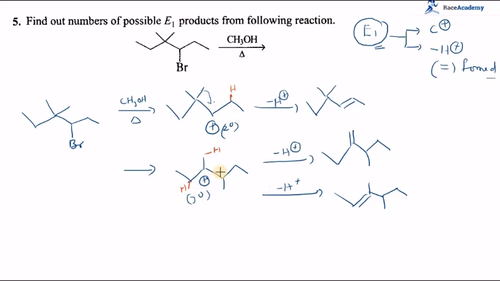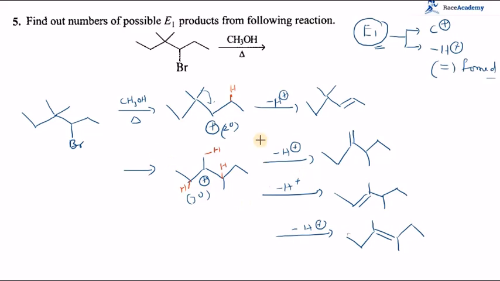The other possibility is this side. That means the double bond will come here. Here we have one more hydrogen. I will show the hydrogen, and here one more hydrogen is there. If that is removed, then we can also see another product, that is an alkene. So how will that alkene be? So see, here we will get a double bond.